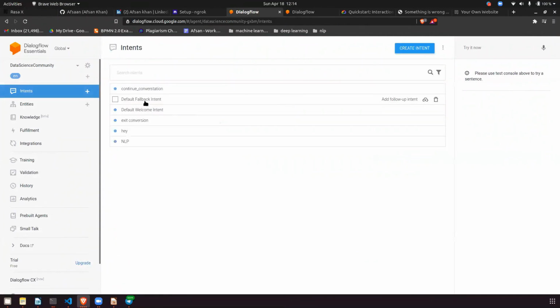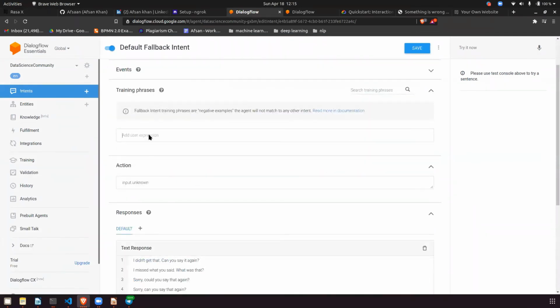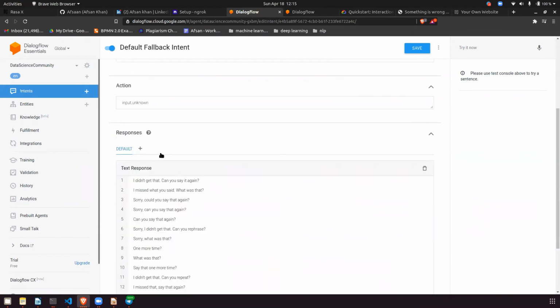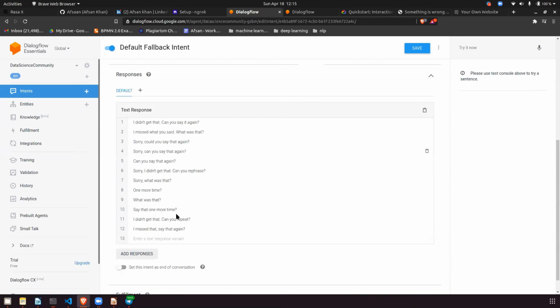See, Google Dialogflow, if you're interested in Google Dialogflow, it's much better than the Rasa framework. So basically there will be a fallback intent also by default. So you can just add a user expression. On what user expression do you have to give the fallback? So you can just create your own expressions here. So basically, what you're trying to do is you have to give the user response here also. Okay, suppose the user is typing something, some XYZ. If the user is typing some XYZ, you have to give this particular response.